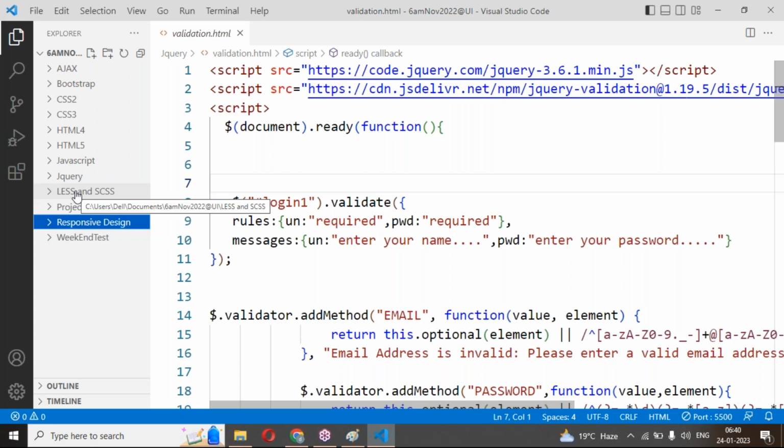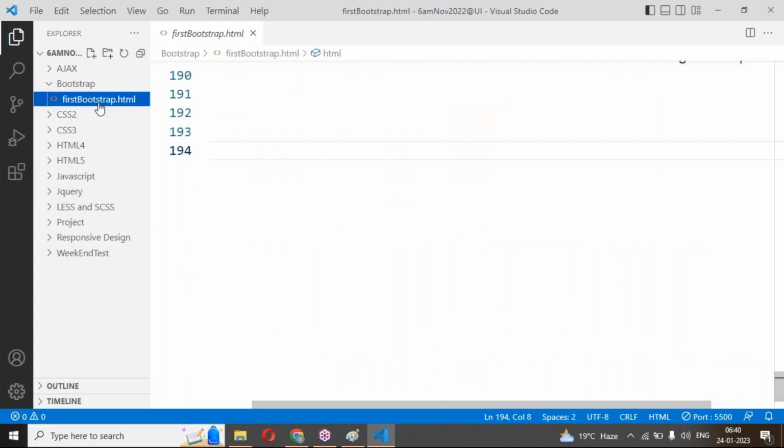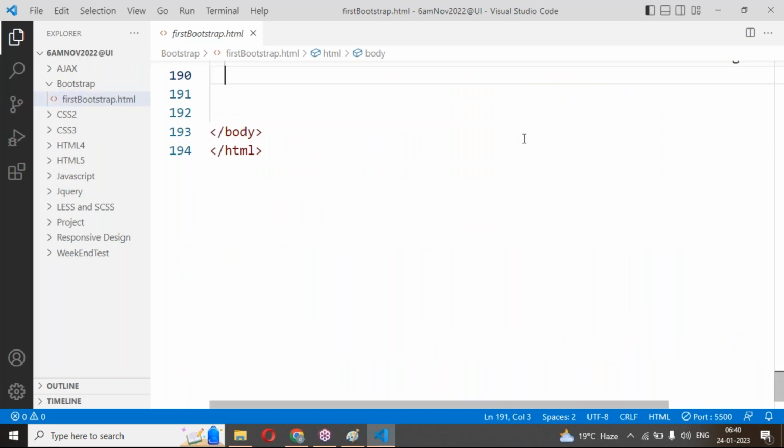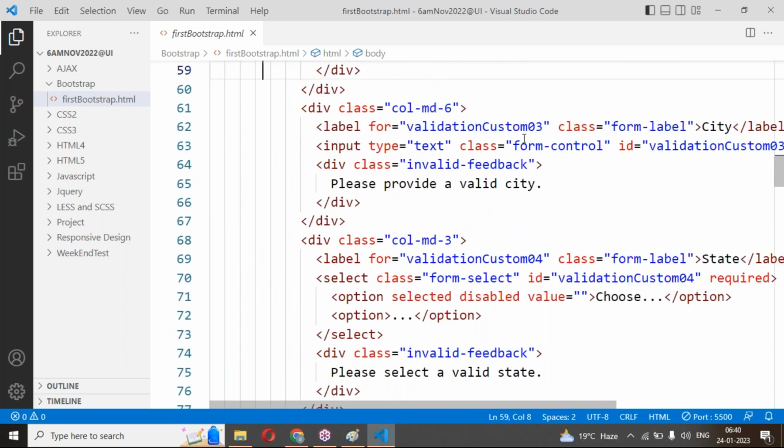Less is a superset of the CSS. Bootstrap is our framework, an HTML, CSS, JavaScript framework. In this, you will understand how to create our Bootstrap coding to create 2-column, 3-column structure. And